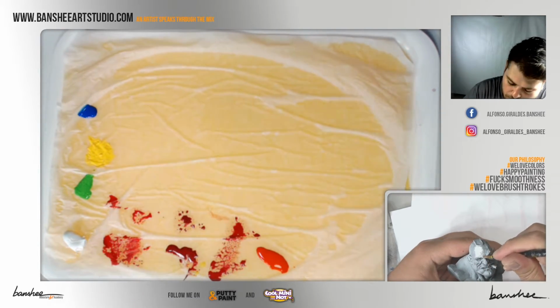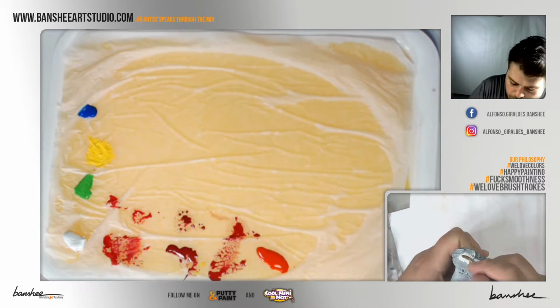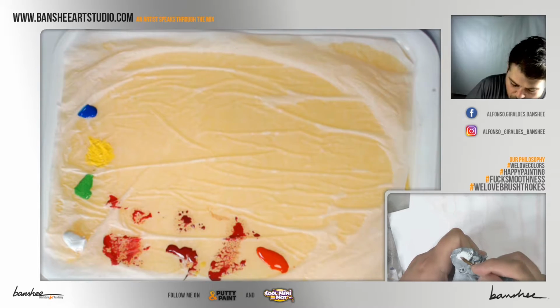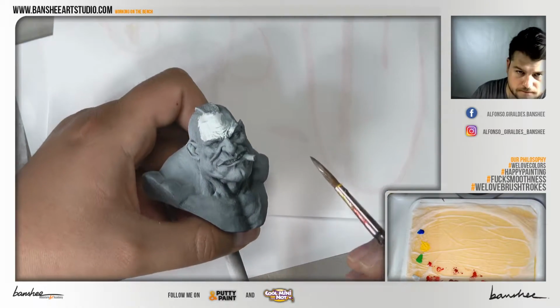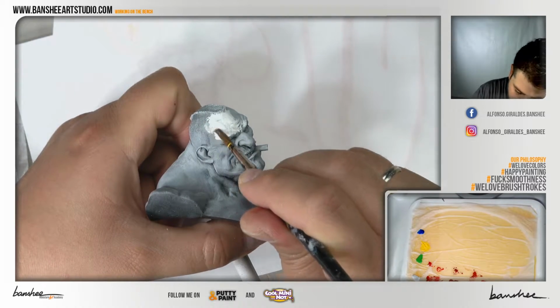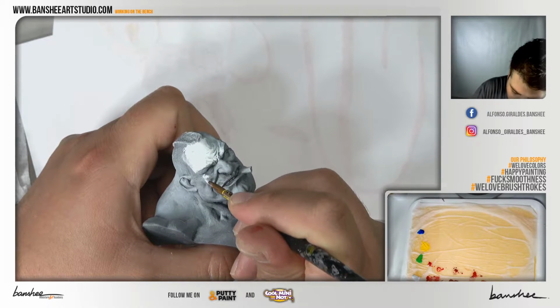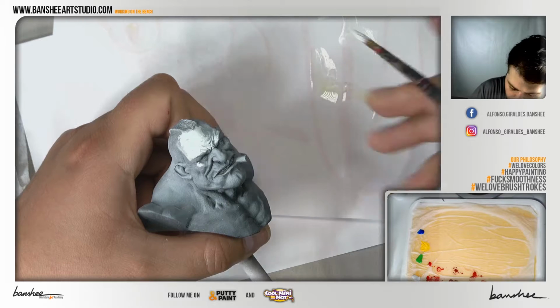Just with the brush humid, wet, it's pretty simple to extend the paint, and you see the difference between this super strong white and the previous one that now looks very grayish, right? I'm going to concentrate the lights in a certain rhythm, in certain areas. I'm not going to do it all over the piece, but I will focus mainly on the light area,